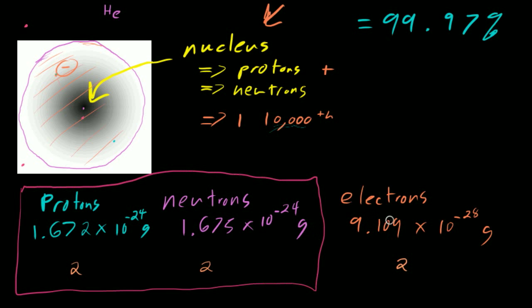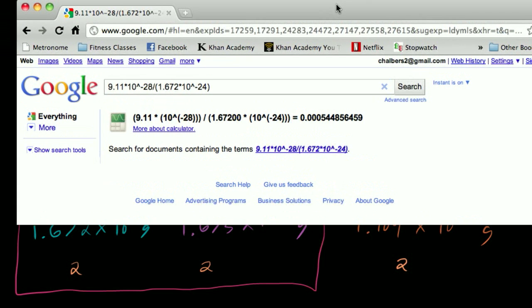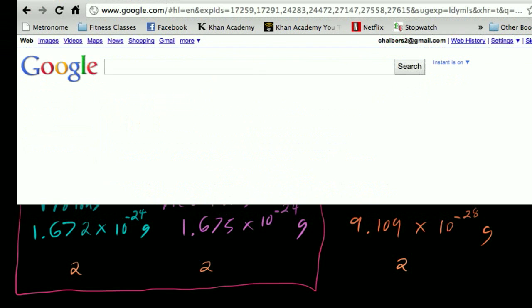If we were to figure out how many times more mass a proton has than an electron, I'm going to pull up the Google calculator, and I'll plug into it